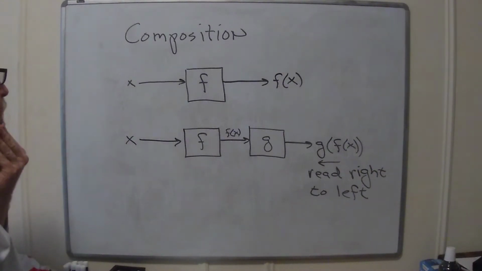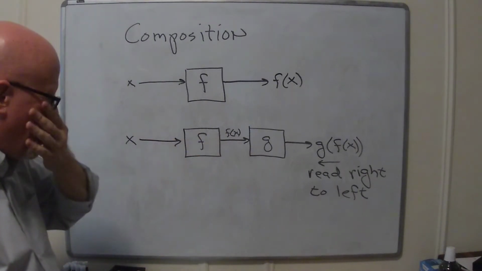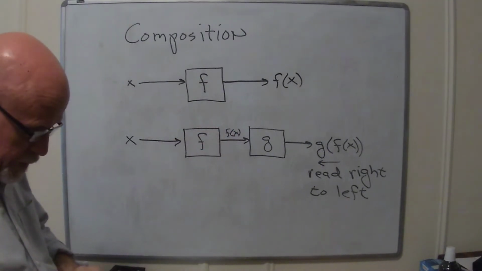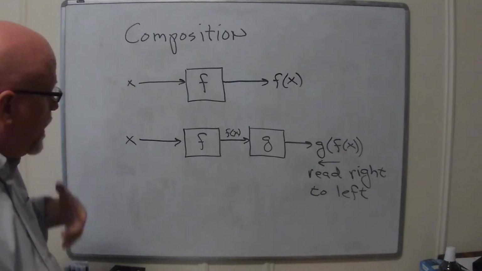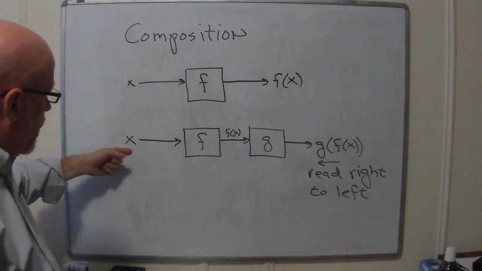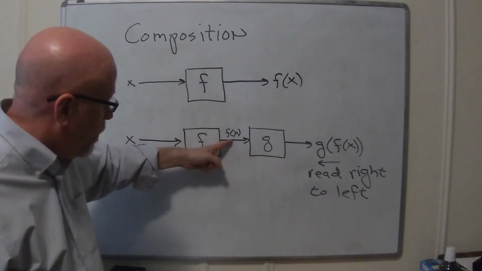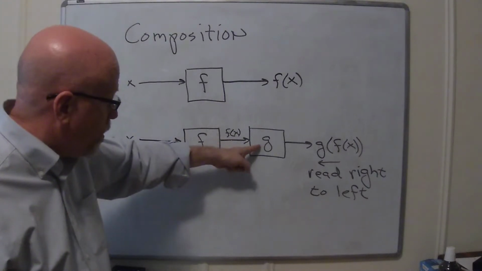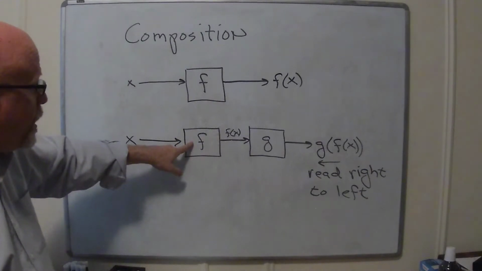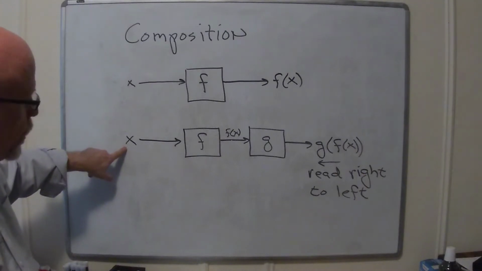So a common example of this kind of diagram happens when you put machines in the place of the boxes. And I often give this as a thought exercise for students. Can you think of some actual machines where you can compose them like this, where one thing gets an input, modifies that input, the modified thing goes into the other machine, and finally a third thing comes out? A great example is this could be a washing machine, and that could be a dryer. So what is X? Dirty clothes.